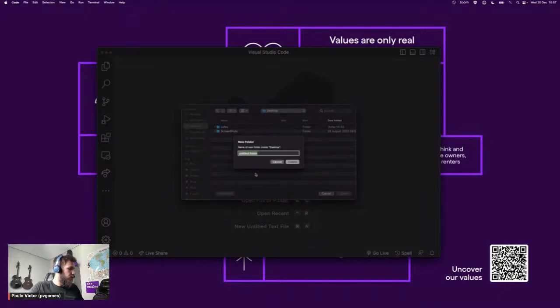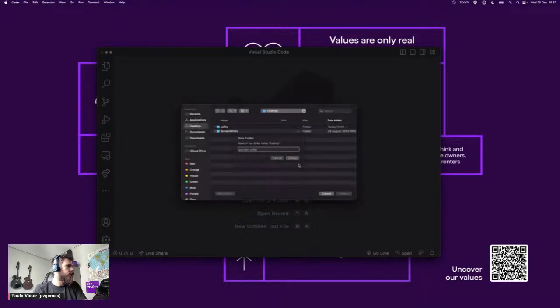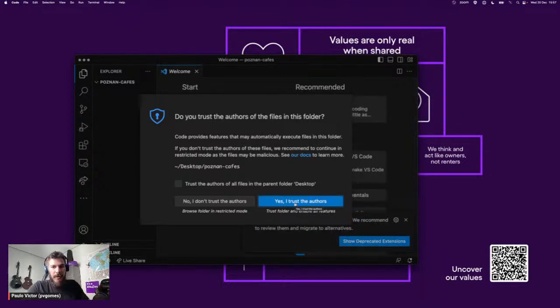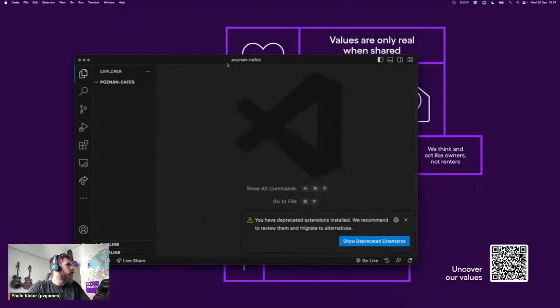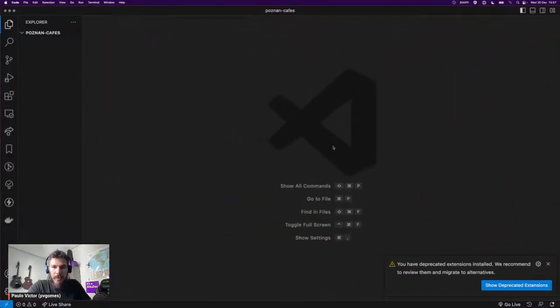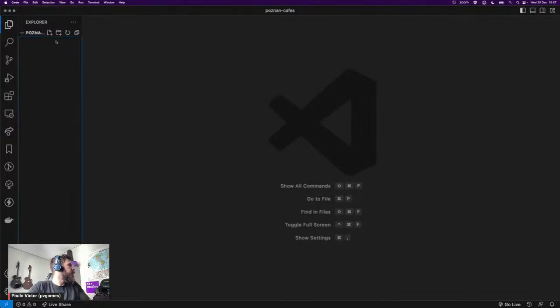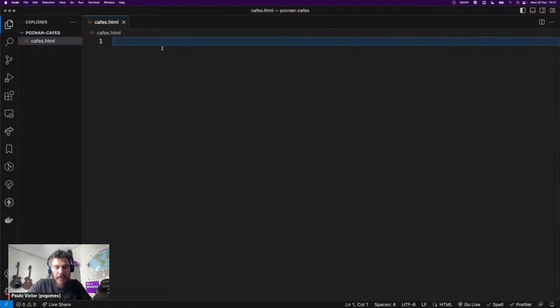I'm just creating a folder with the name of Poznan cafes and open. Just because I'm going to store my code here. Right. And to start, we are going to create an empty file. Let's call it cafes.html. And here we will put our boilerplate, as Kishu said already, something that is always the same when we are doing some HTML page,